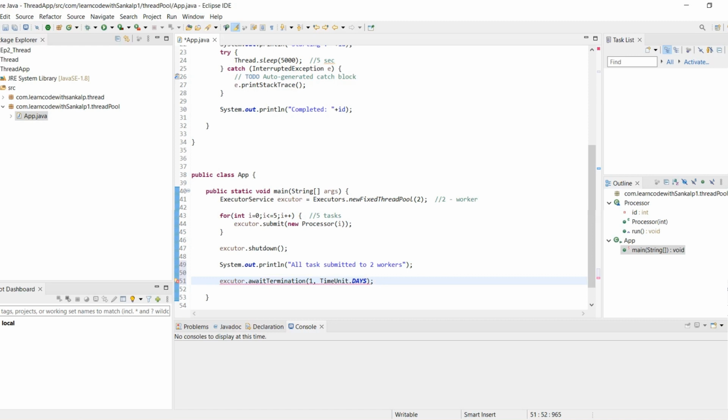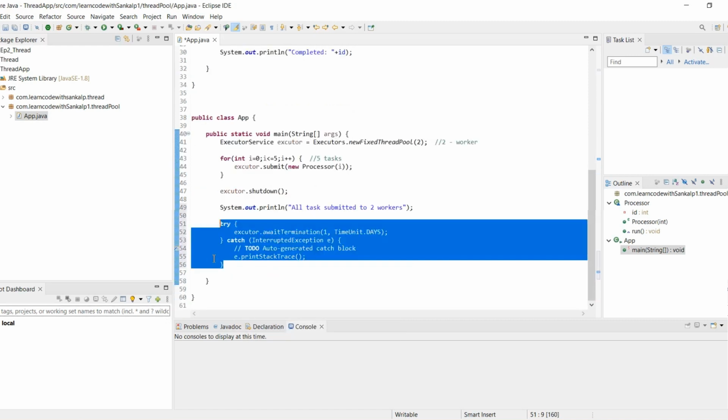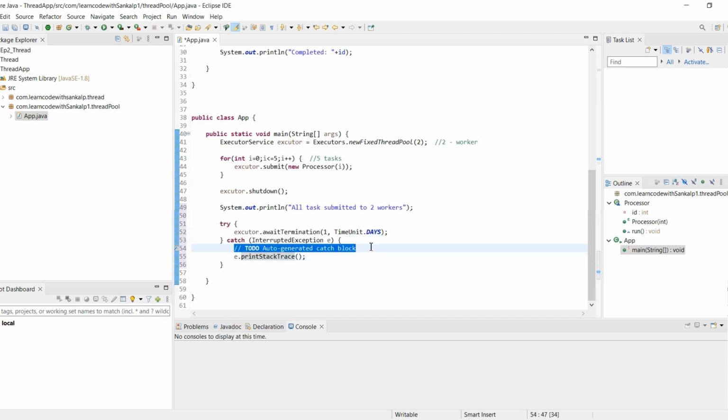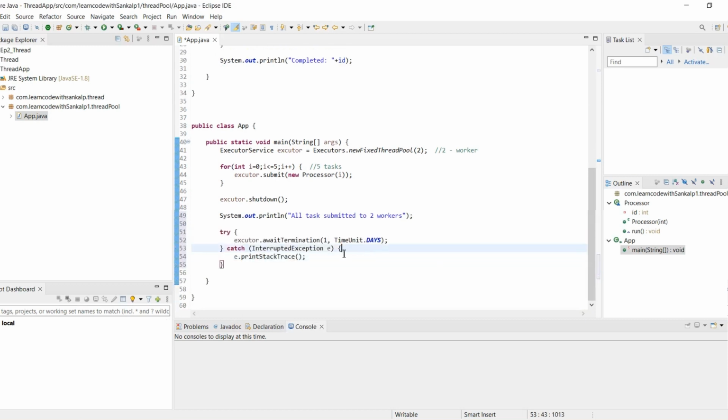It throws an exception, so we surround it with a try catch block. We remove that extra comment, and then all of this happens: the 2 workers complete the 5 tasks. Then we print that all tasks are completed.